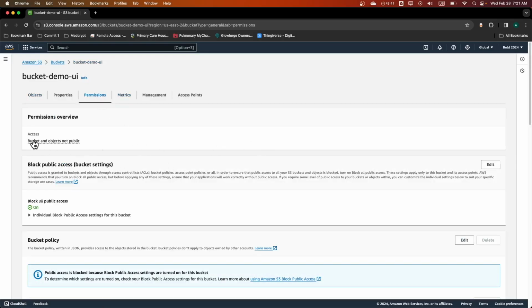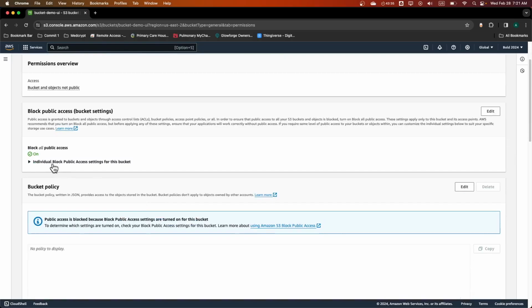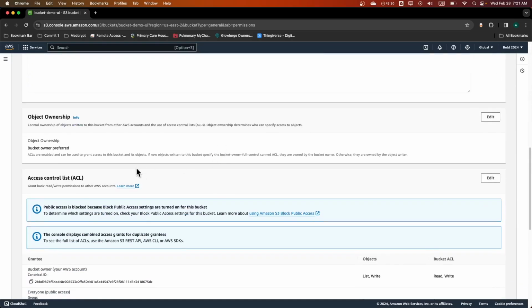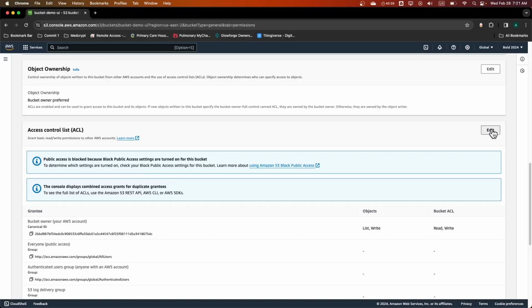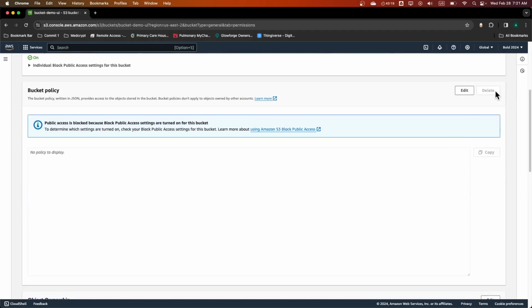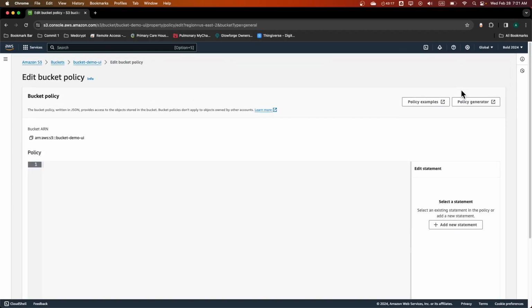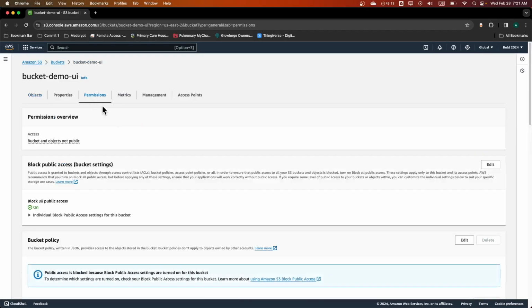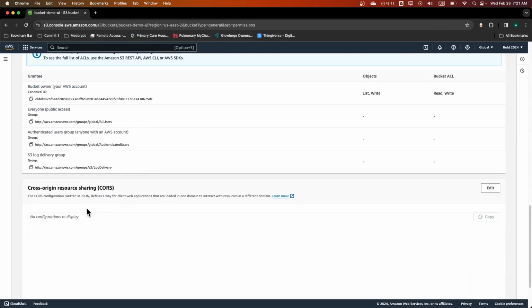Permissions. Okay, bucket and objects not public. That's good. Block public access, it's on. Block all public access. Bucket policy. Okay, I want to edit that. Cancel. So you can write the policies for the bucket. I'm just looking into if I want to disable